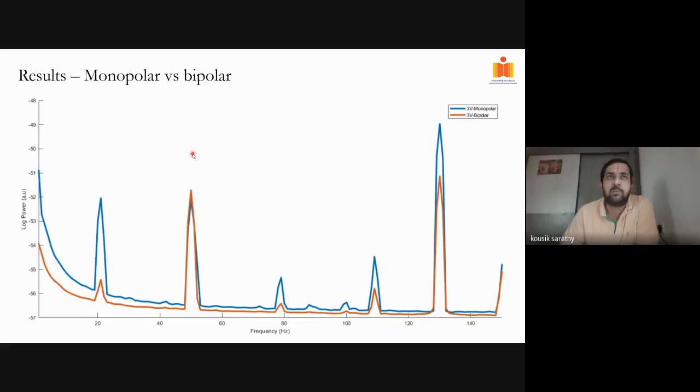And the common thing that is typically said is that, before that I have to explain what is monopolar and bipolar stimulation. Monopolar stimulation is when you stimulate between the IPG and the lead, whereas bipolar is when you stimulate between 2 leads. So I told you there are 4 leads that can be used to stimulate in each electrode.